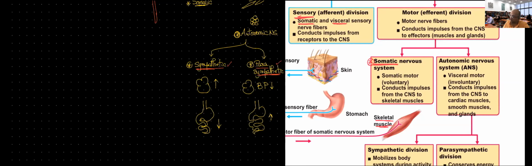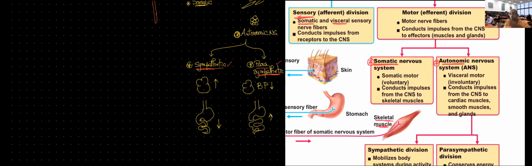If I'm sending out signals to smooth muscles, cardiac muscles, and glands, I don't have any voluntary control over those. So those nerve fibers are considered visceral motor nerve fibers, and we classify them as the autonomic nervous